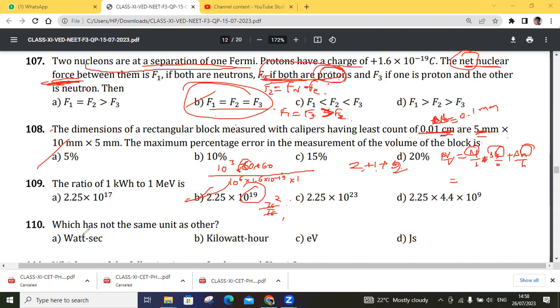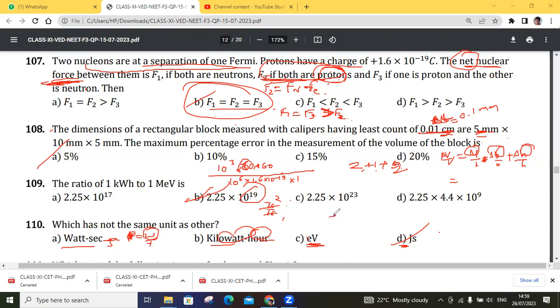Okay. Watt second is energy, right? Power is equal to W by T. Power is watt. Watt second is joule. So joule and joule second cannot be same. So this is the answer. Others: kilowatt hour, watt is there, hour is time. Electron volt is also. E is charge. Charge is current into time, and voltage